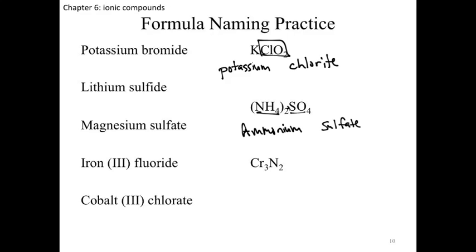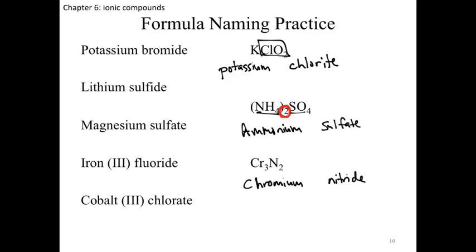Okay. Why do I not specify this 2 that's floating in there? Because that tells me how many ammoniums there are. Well, remember, when we write out the name, we don't specify how many, we specify the charge. Since the charge is required to be memorized for both of these ions, there's no need for me to specify that charge. Last one, I get chromium. Of course, I had to throw in a curveball for me, too. Chromium, and we get